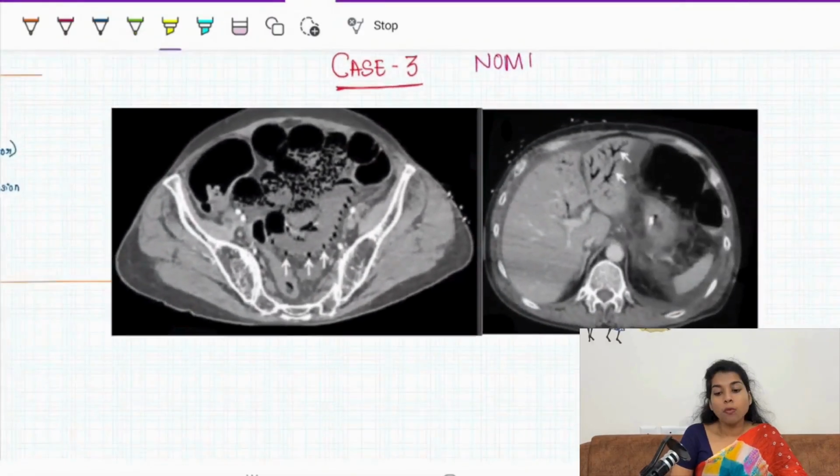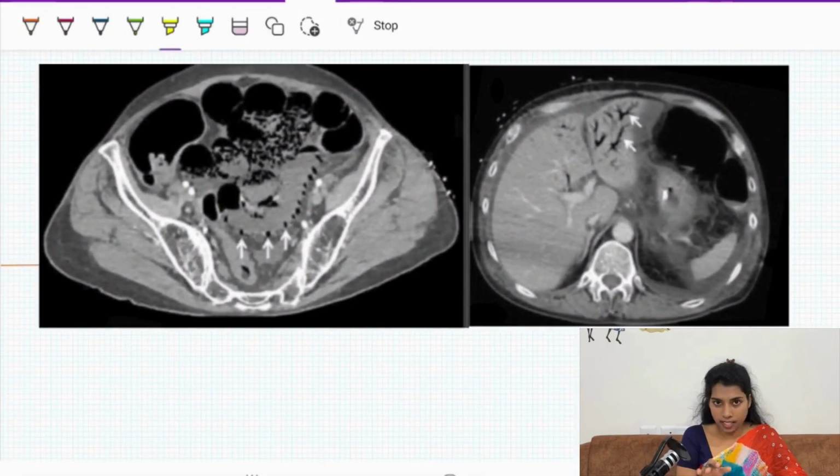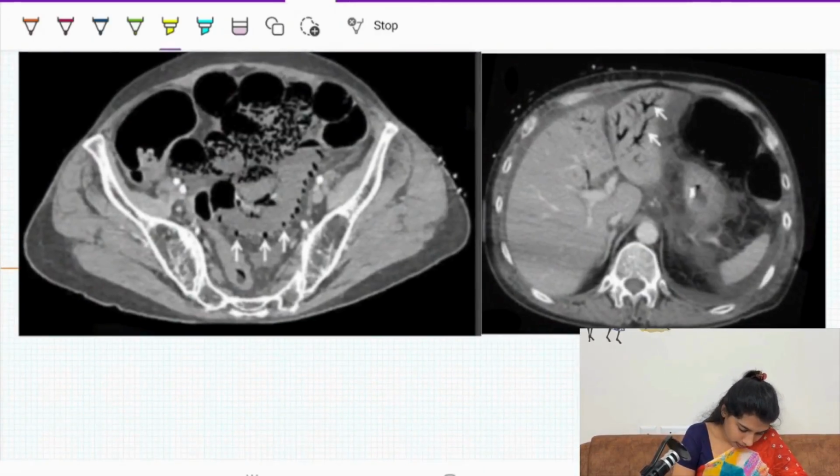So, what do we mean by pneumatosis intestinalis? Pneumatosis intestinalis is the presence of gas or air in the bowel wall. We can see in this example that there are a few air foci along the wall of the bowel, right? Now, the next question which arises in our head is, how do we know if this air is free air which is present inside the bowel loop, or is it present in the wall of the bowel, right?